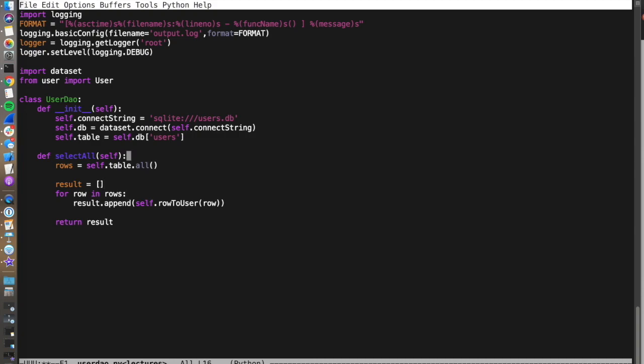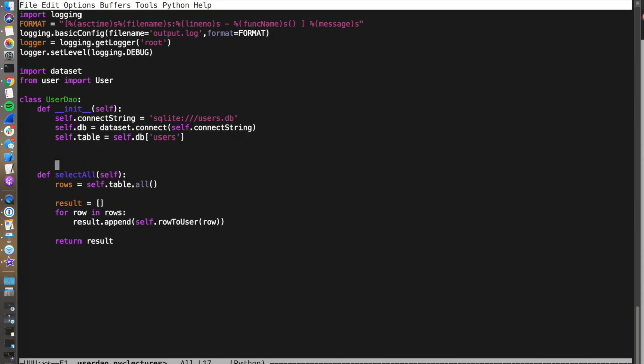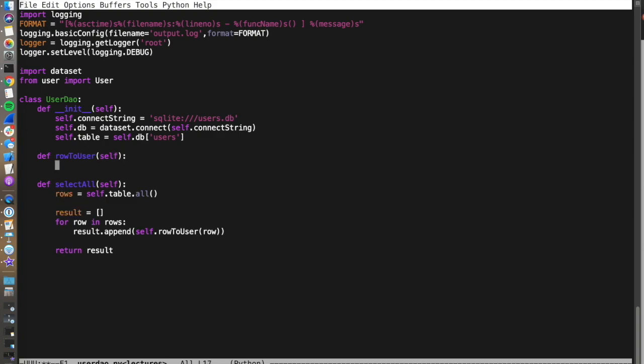Okay, so we do have to write a little bit of code just above here, and that code is the code for row to user. All right, so row to user. Now what that's going to do is take a row and convert it into a user. So, whoops, I need row as an argument as well. All right, so we're going to say user is equal to user,